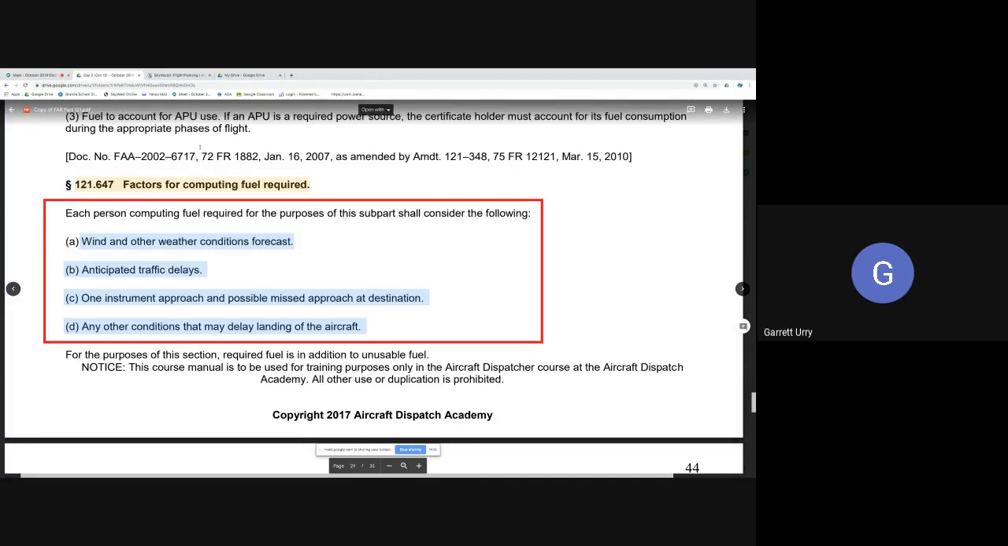So, yeah, the software does the burn, alternate, reserve. We do the hold fuel and contingency fuel. We also determine whether or not we're going to use an alternate. So, anyways,